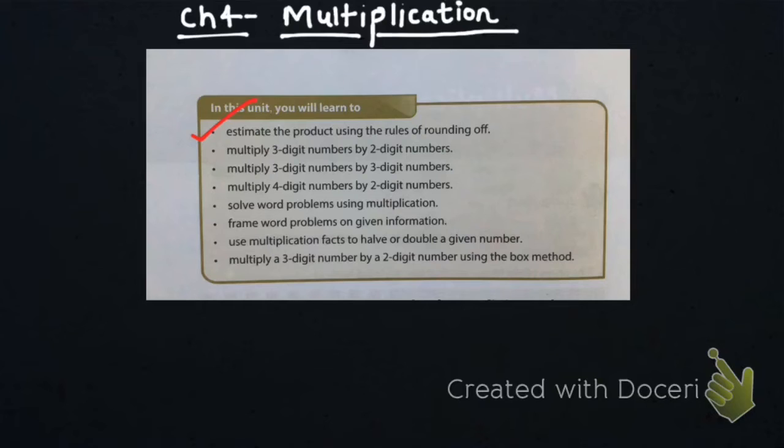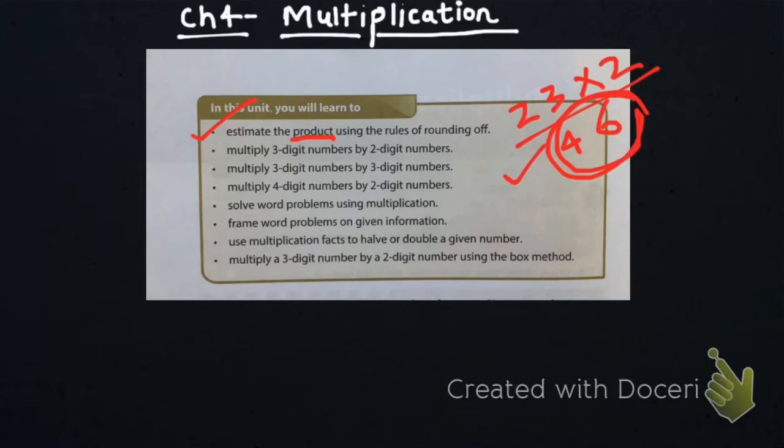What is product, students? Suppose you multiply two numbers. Okay, suppose you multiply 23 by 2, so your answer will be 64. So after multiplying, what you get is called product. Okay, so this is our product. So we will estimate the product. Okay, you already know how to estimate the numbers, so you will just multiply numbers and you will estimate the